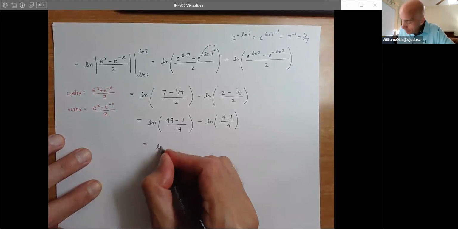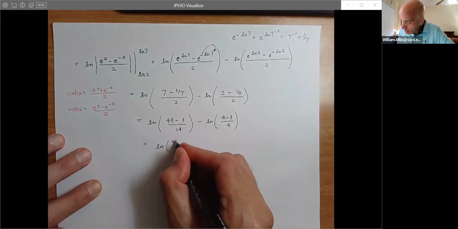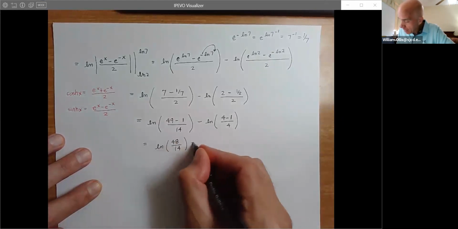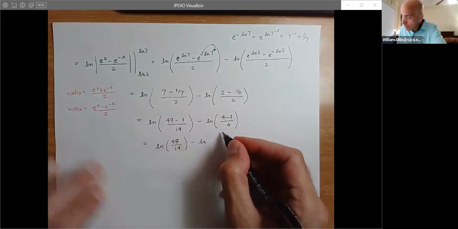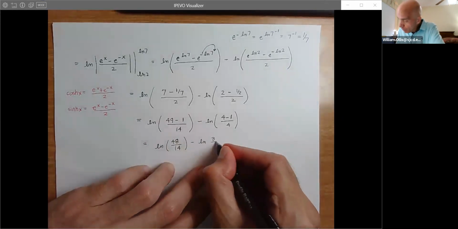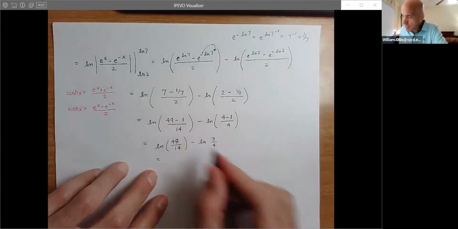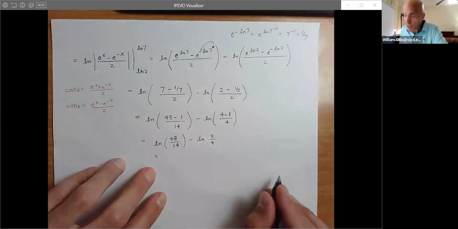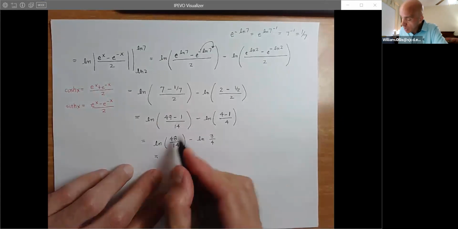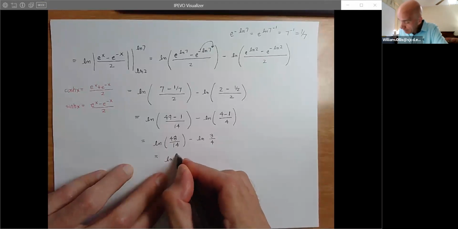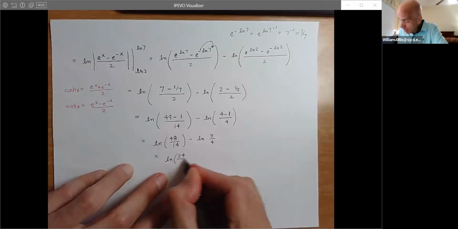So we have ln of 48 over 14 minus ln of 3 over 4. You don't need the parentheses if you don't, and I'm spacing this out so you can see the arithmetic. So here, if you like, we can divide here by 2. So we have ln 24 over 7